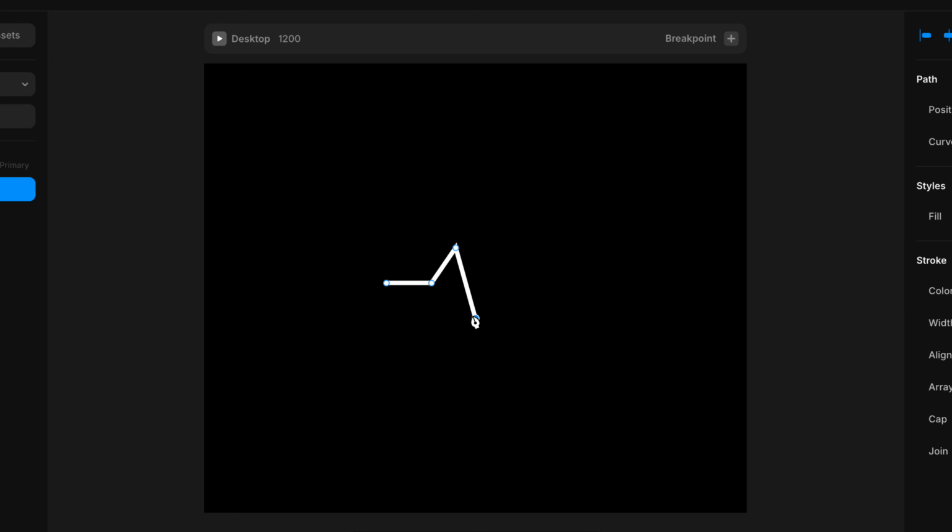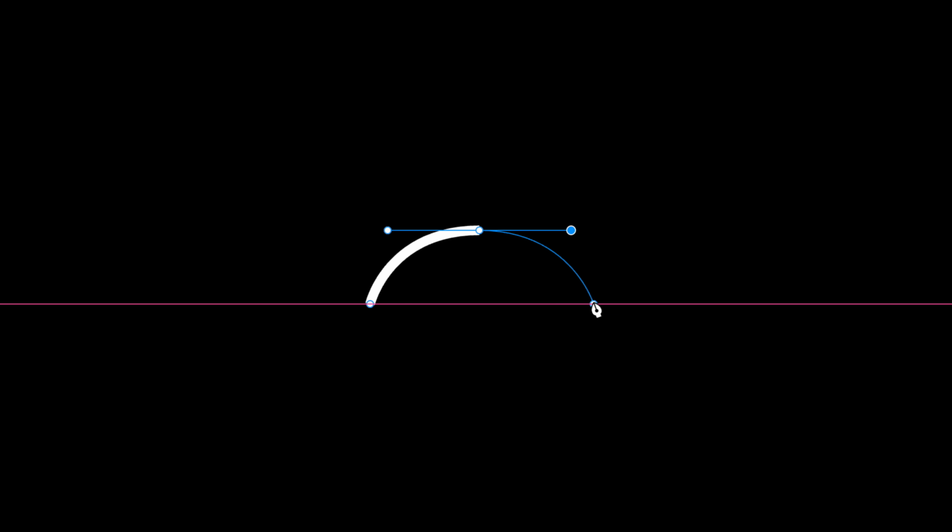Each click after that adds a new point, automatically connecting them with a straight path. If we ever want a curved path, we can just click and drag when placing a point. This adds a curve and handles just like the ones we adjusted earlier. To fully close the path and finish the shape, just click back on the very first anchor point that was